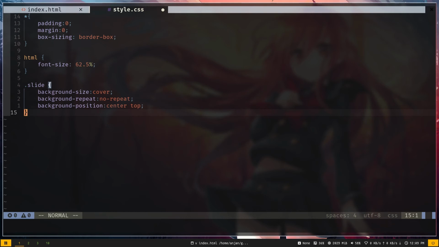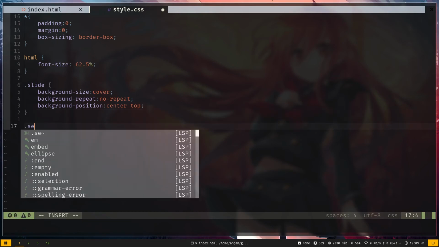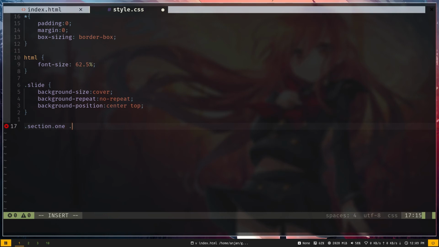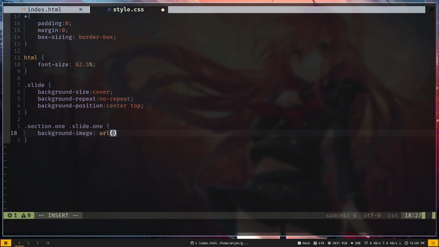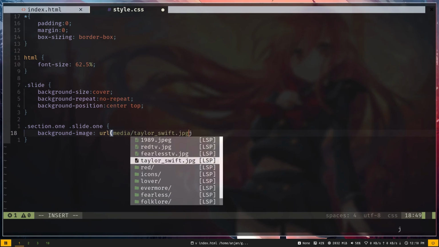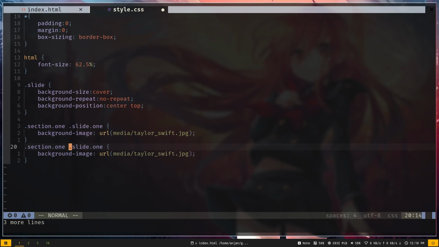Now let's add images to those slides. So first we need to select the section, so section which has a class of 1. Let's select the slide element which also has the class 1. Let's add background-image. Use the url function, and it is inside media slash TaylorSwift.jpg. Let's copy this, and this time it will be section 2, slide 1,